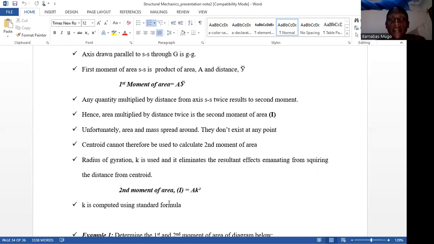Unfortunately, the area and the mass are spread, and they don't exist at one point. And therefore, using the centroid in calculation of the second moment of area is ambiguous. And what are you supposed to use? You are supposed to use the radius of gyration, which is given the value K. And this is used to eliminate that,